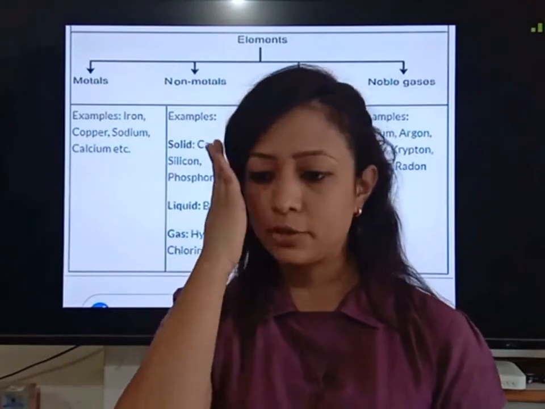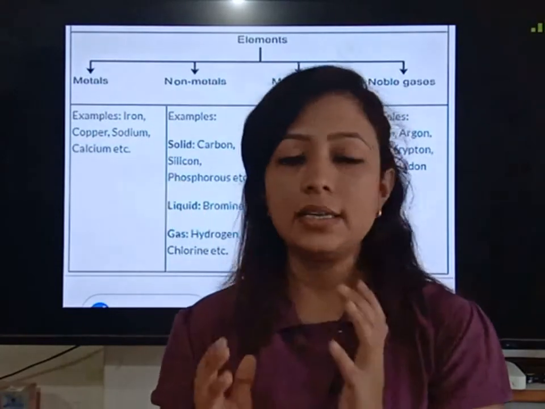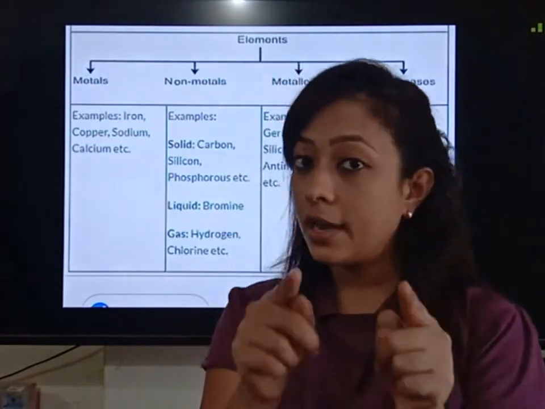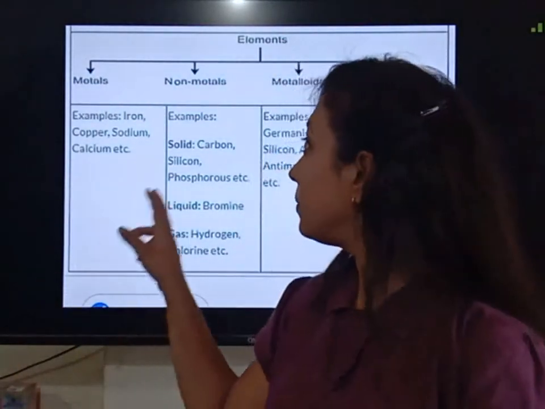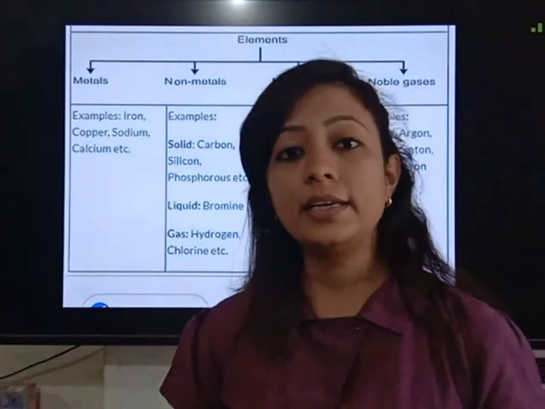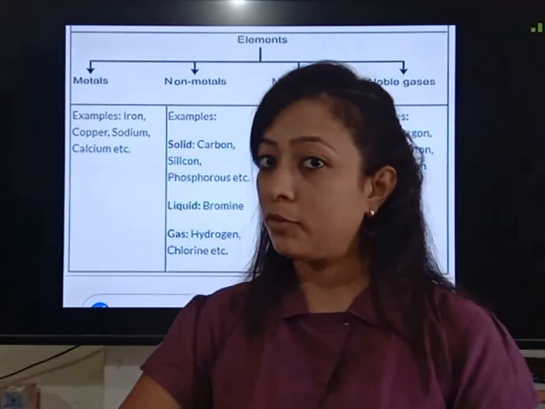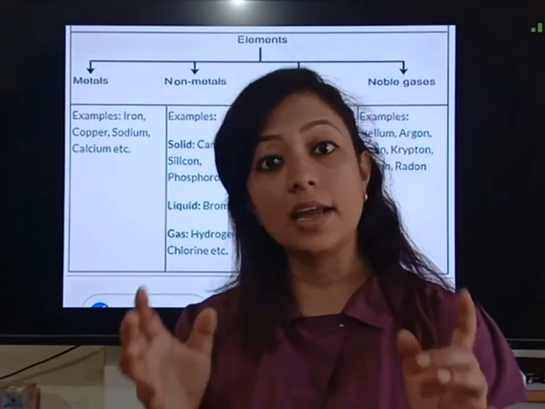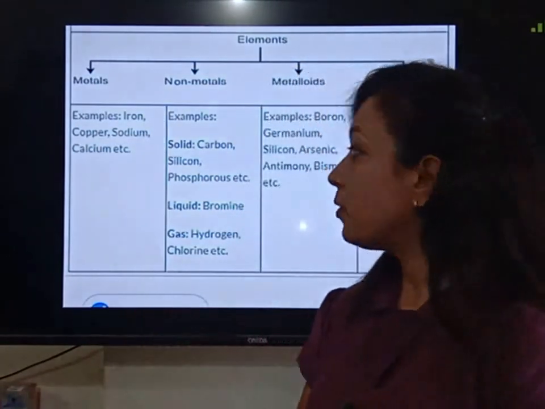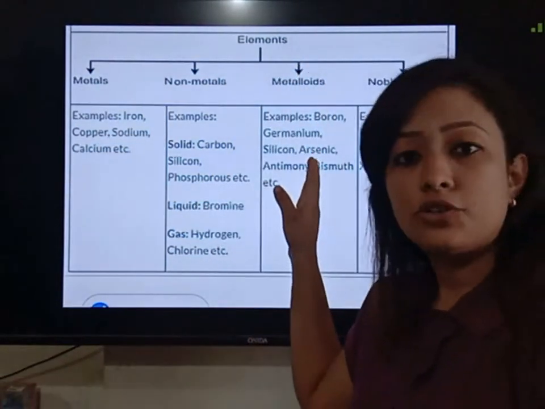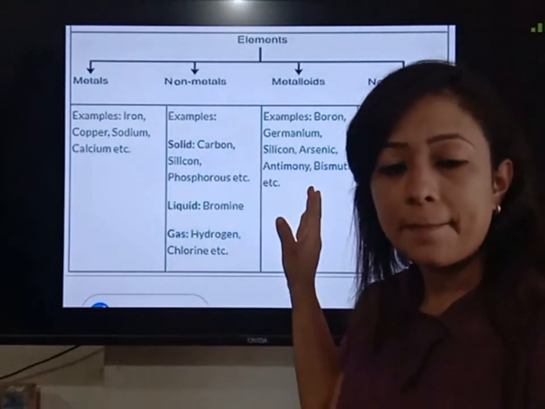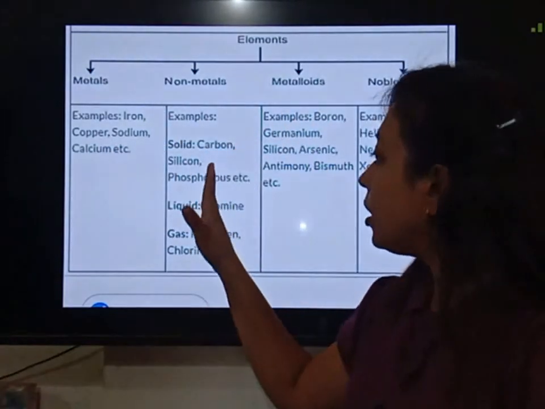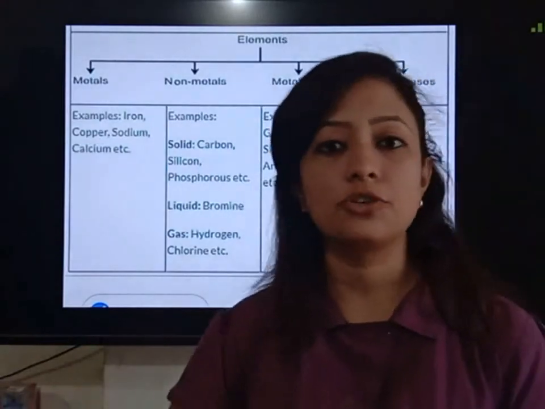जैसे कि मैंने आपको बताया बच्चों कि मेटल्स जो होते हैं, ये शाइनी अपीयरेंस शो करते हैं। So ये प्रॉपर्टी जो है मेटल की, मेटालॉइड्स शो करेंगे। सेकेंड प्रॉपर्टी जो मैंने आपको बताई थी नॉन मेटल्स की, दैट इज दे आर ब्रिटल। मैलेबल नहीं है, डक्टाइल नहीं है, ब्रिटल है। सो ये प्रॉपर्टी नॉन मेटल्स की मेटालॉइड्स शो करेंगे। शाइनी अपीयरेंस ये मेटल की प्रॉपर्टी ये शो करेंगे एंड ब्रिटलनेस ये नॉन मेटल की प्रॉपर्टी मेटालॉइड्स शो करेंगे।